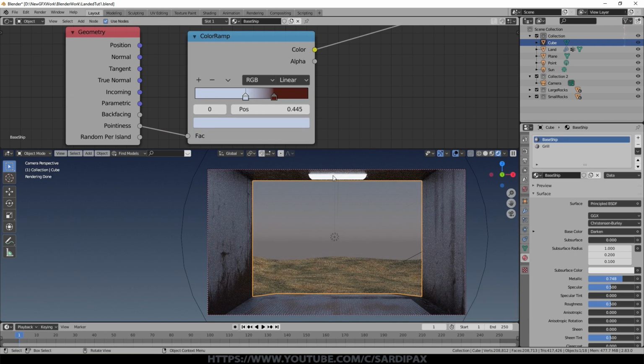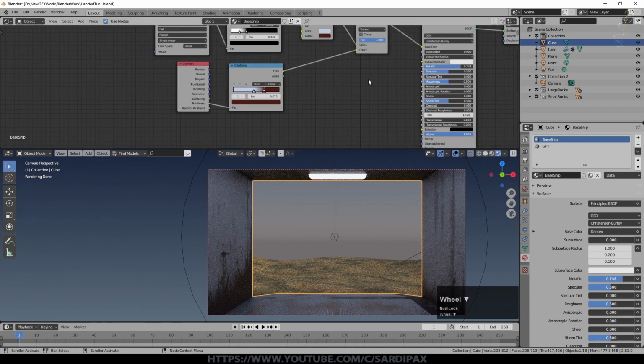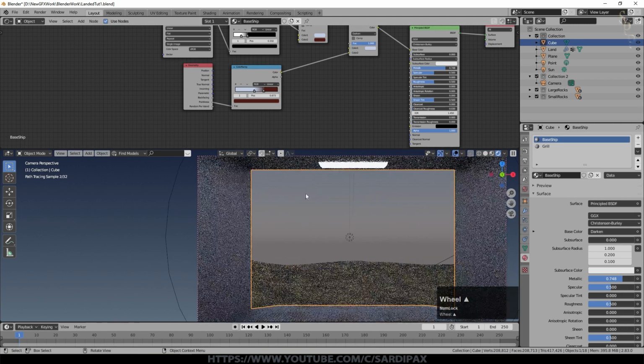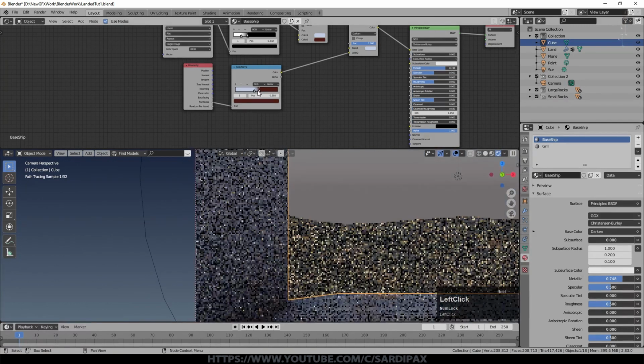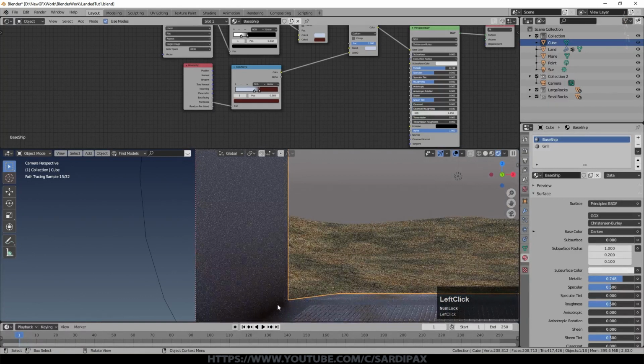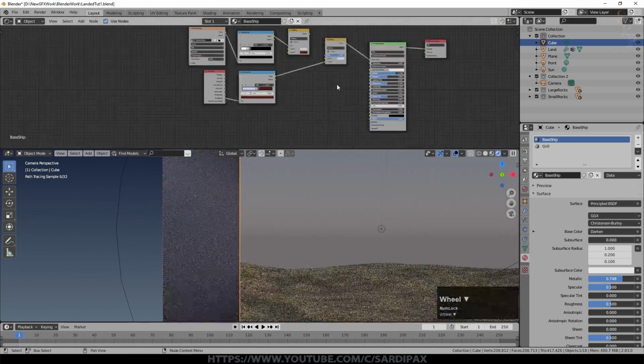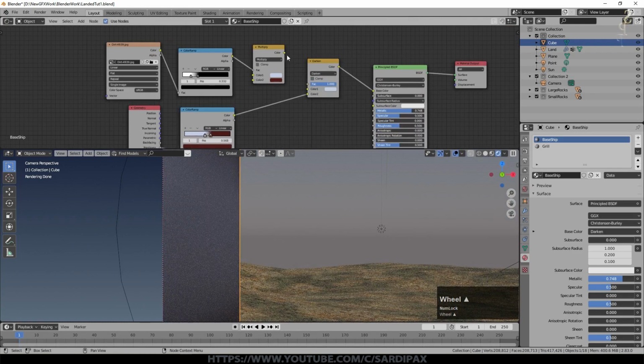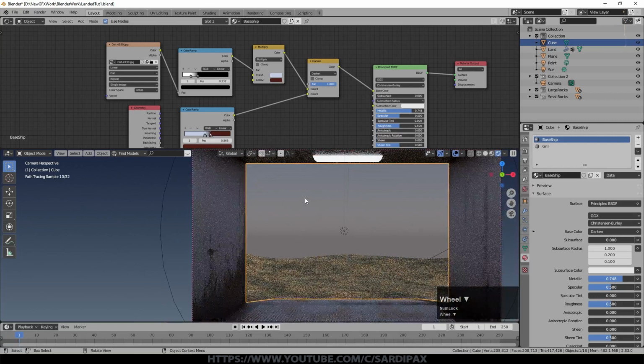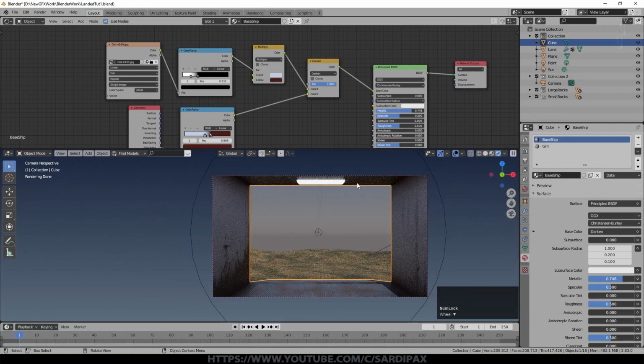wherever there's sharp corners, we can produce an effect which gives us the impression that dirt has accumulated in those corners. So if I take out the noise from one side, which is obviously adding quite a bit of this anyway, and then we start to use this, you can see in the very corners there, it's darkening it. But it does it in a very even way. Obviously we could mix noise in with that as well. But because I've got the texture here, I don't really need to do that. It's got noise on it already. So I can just drop that down into there. And now I've got the combination of both. So it's just making sure that it's nice and dark in these sharp corners, as you'd expect it to be,